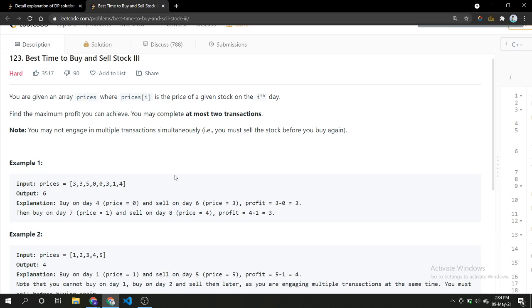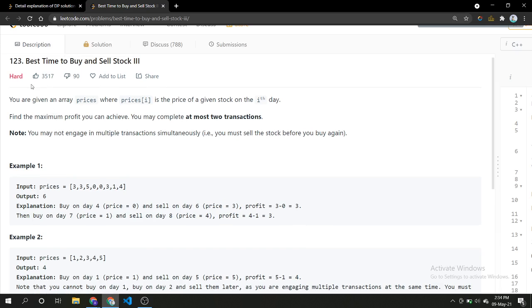Hey guys, so today I am going to explain problem number 123, Best Time to Buy and Sell Stock 3. So in this problem